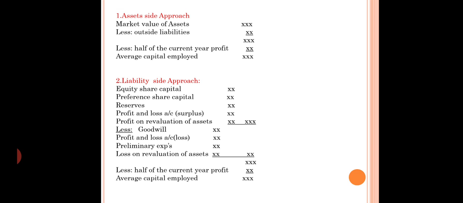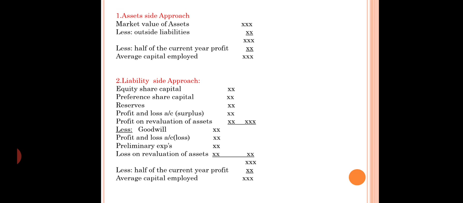Here, first you have to consider the market value of the assets. The market value of the asset is nothing but the realized value. If the realized value of the asset is not available, then you have to consider the book value for calculation of